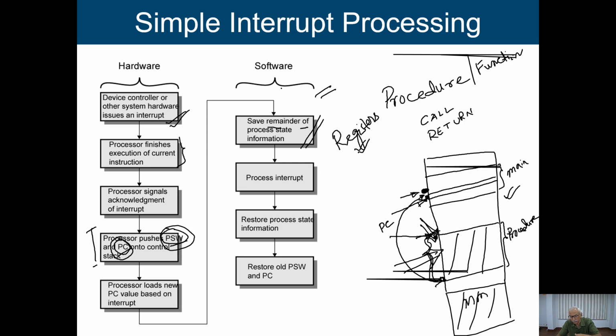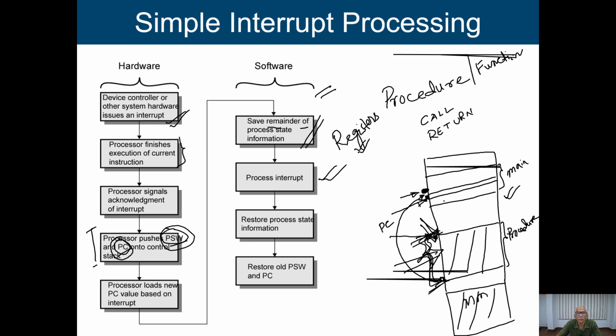That means we can do some sort of optimization. So this is a provision we may have when we are going to do these things in the software. After that, it will process the interrupt. Now it will complete this particular interrupt service routine. That means it is giving service to these input output devices.